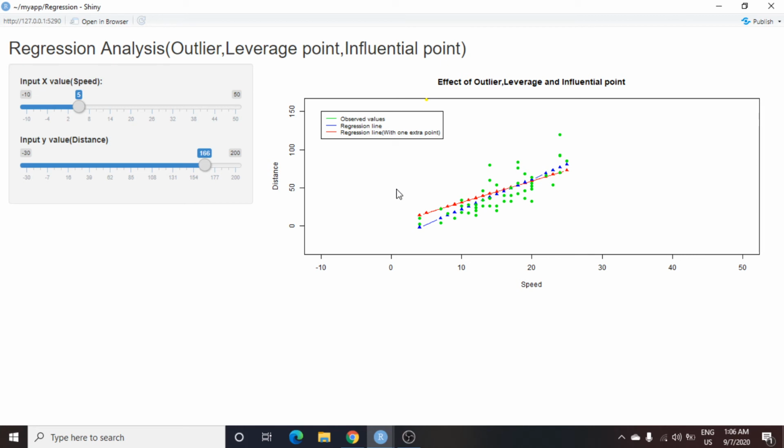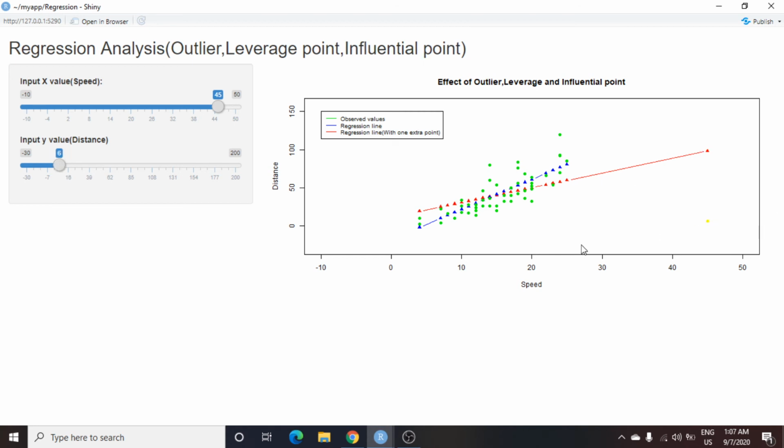And I want to give one more example, of a leverage point that is not an outlier value but is an influential point. Let's say x equals 45 and y equals 5.